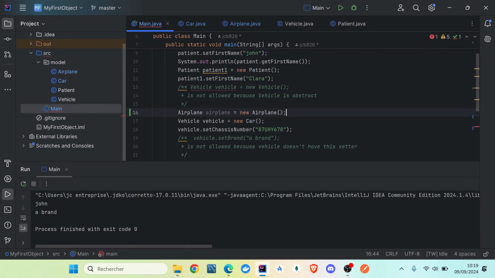Anyway, so I hope this is clear. You do not have to write your constructor, because your Java class will extend Object. Anyway,